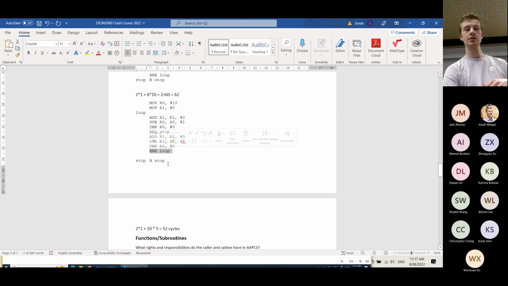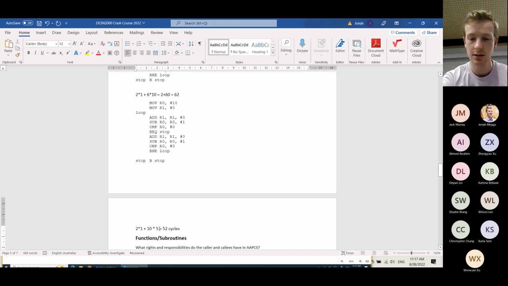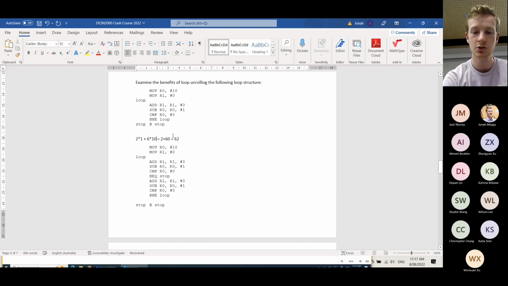It'll just fall through into the stop. So because of that, this last branch will only take 1 clock cycle to execute. So really, I should have done -2 here to give 50. And again, I should also do -2 here to give